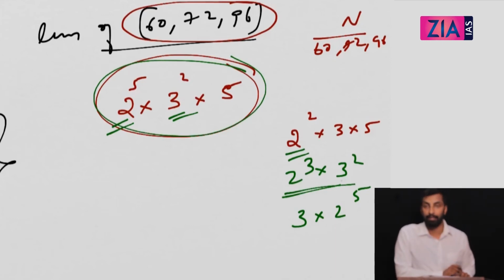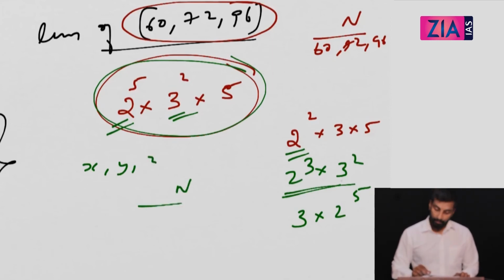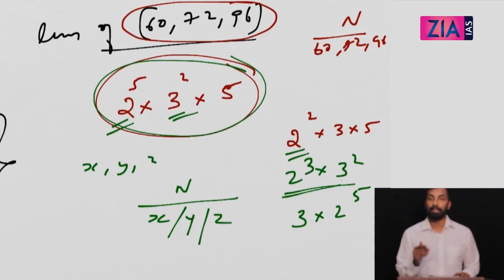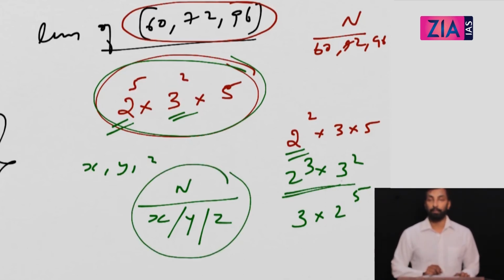The LCM of 60, 72 and 96. Why is it called LCM? That is the lowest common multiple of 60, 72 and 96. What does that mean? You can divide that number by 60, 72 and 96 with no remainders. So the LCM of x, y, z means I am looking for a number which is divisible by x, no remainder, y, no remainder, z, no remainder. That means divisible by x, y, z completely. That's what LCM is. So the LCM will obviously be greater than the given 3 numbers because you need to divide the LCM by the 3 numbers. So the LCM will be greater, and that's what you need to remember. If you have any confusion between LCM and HCF, the LCM will always be greater than the numbers because you are going to divide it by the 3 numbers, or 4 numbers or 2 numbers which are given.